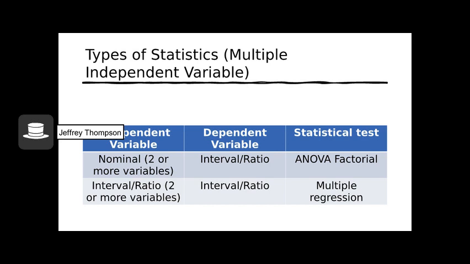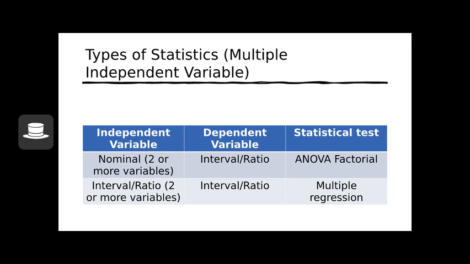And just so you guys know, if you have multiple independent variables, you can do what's called the ANOVA factorial or the multiple regression. The dependent variable for these has to be interval or ratio, but the independent variable for the ANOVA factorial is nominal. The number of levels does not matter. Or for the multiple regression, which we actually talked about in the last chapter, your independent variables have to be